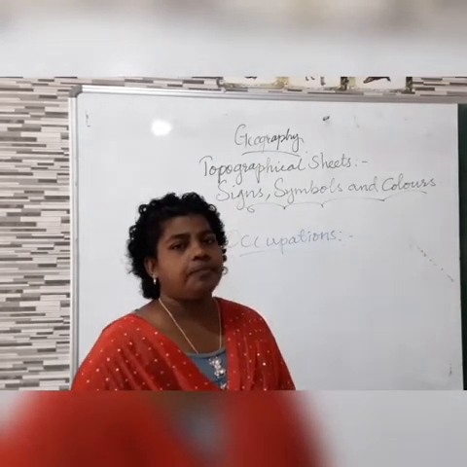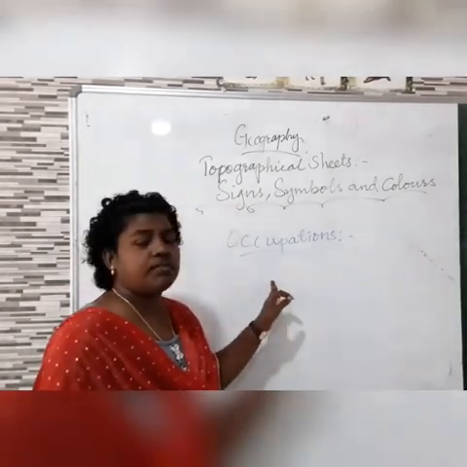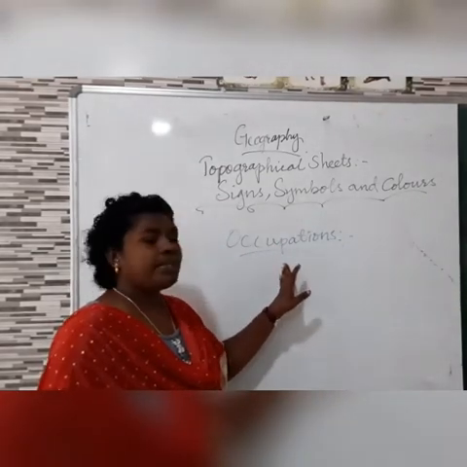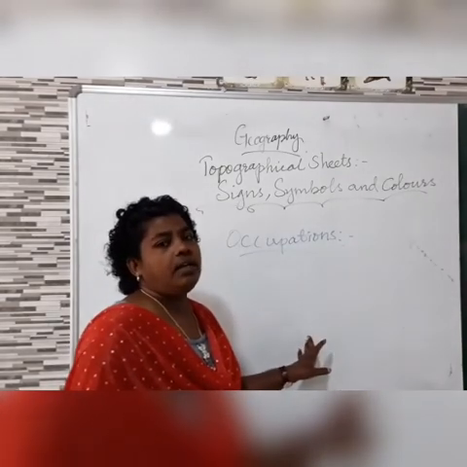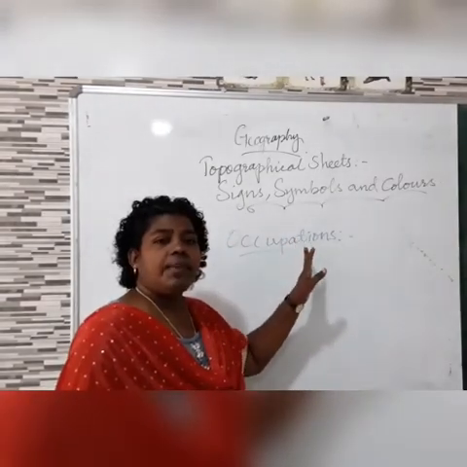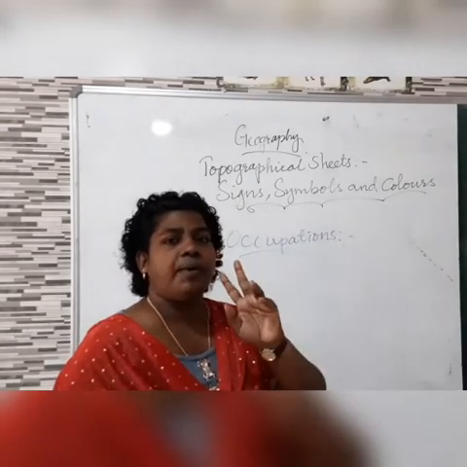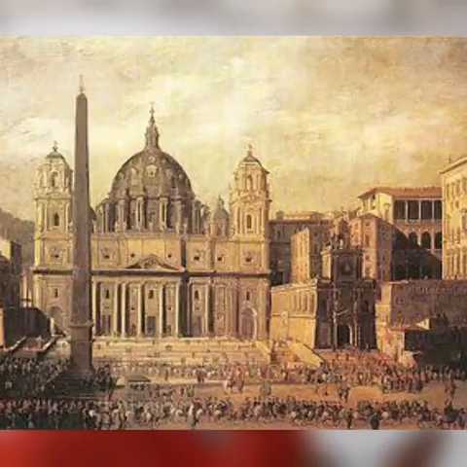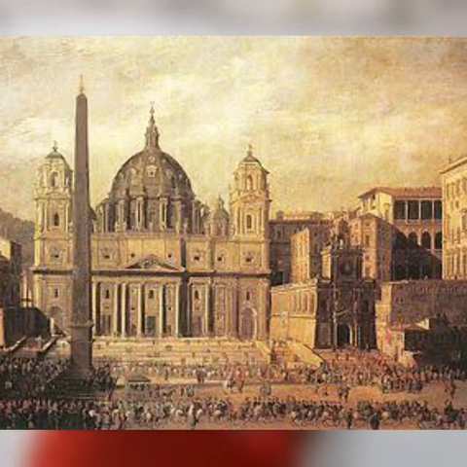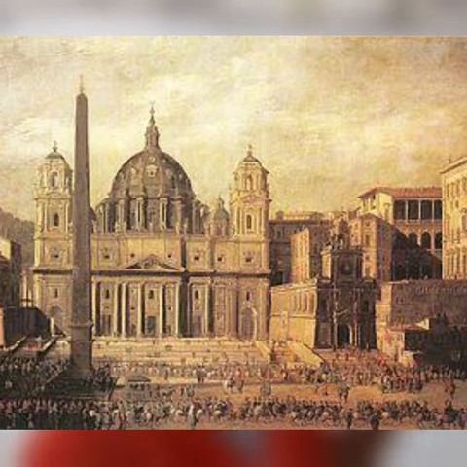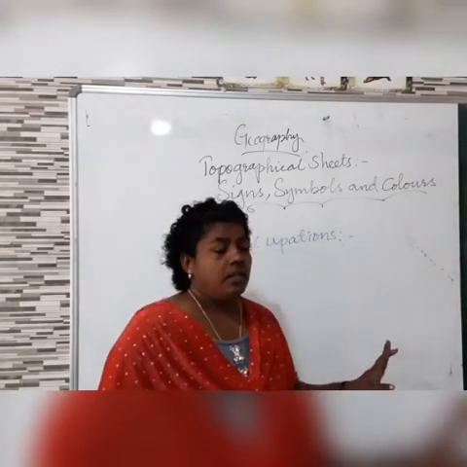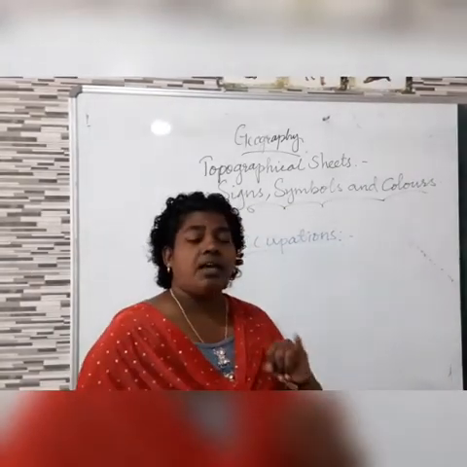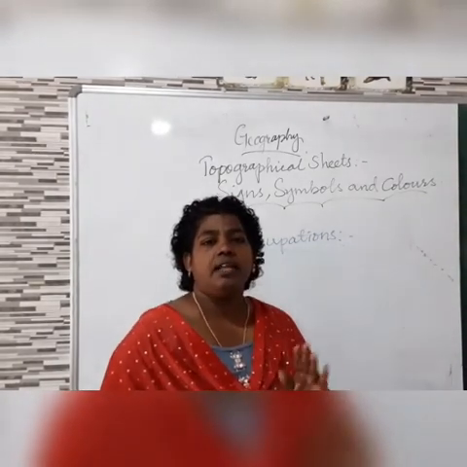Did you understand, children? So in the class, what all things have we seen? Settlements, occupations, then transport and communication, and also land use. What is settlement? You have learned two types of settlement. One is permanent and another one is temporary settlements. Occupation is also covered. Different symbols used in the topo sheets indicate different occupations done in the particular places. What are the different occupations? Agriculture, mining, manufacturing, trading, fishing.